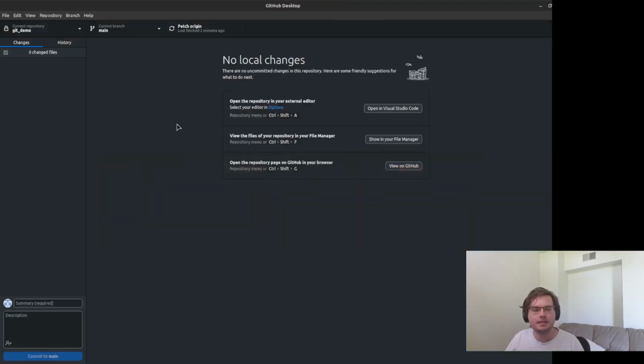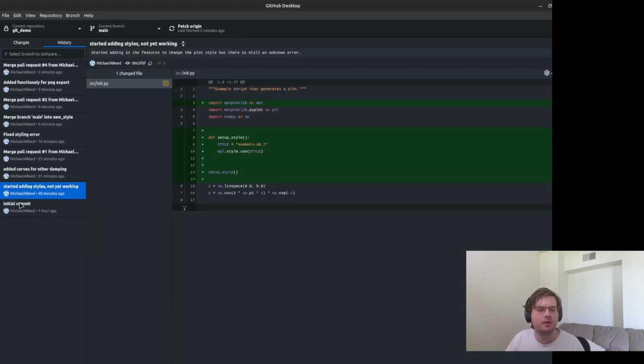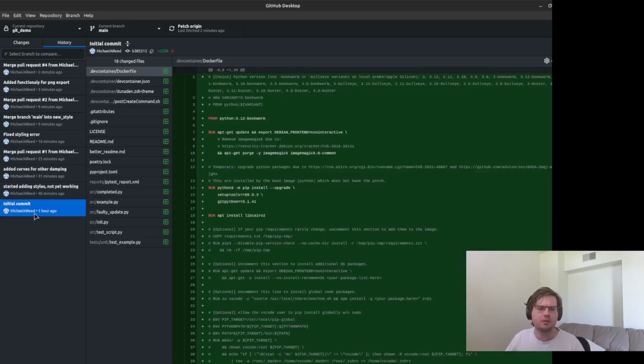What a release is, is taking a particular state of the code, so a particular commit, and you add a name to it first, which is called a tag. And so the tag is essentially just a much easier way for people to refer back to it. It's very similar to having the commit name like we have here, but it's something that's generally a little bit more authoritative. So maybe you put version 0.1, maybe you would put version for paper in June 2024 or whatever it is, but it's something that gives it a name.